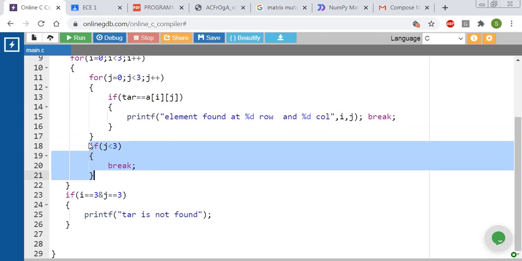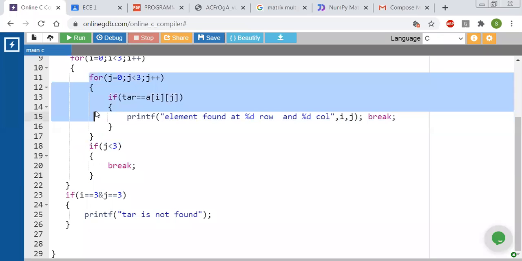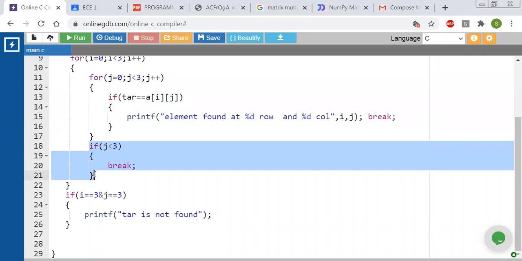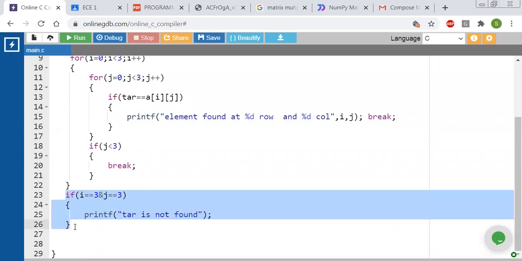This break statement is used to come out of the outer for loop. This break statement is used to come out of the inner for loop. One break statement can come out of only one for loop, but here you have to come out of the inner for loop as well as the outer for loop. So that's why I'm taking another condition and coming out of the outer for loop with the help of this break statement. And again I'm checking another condition, that is, if after verifying all the cases,